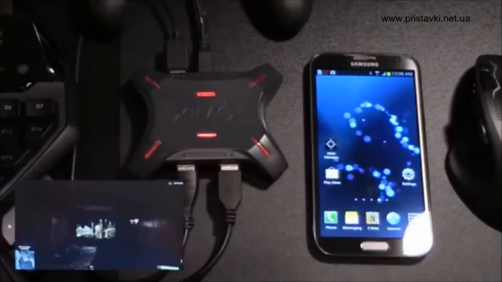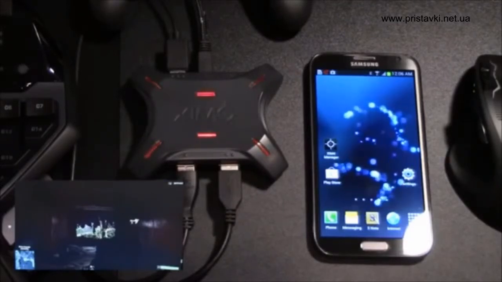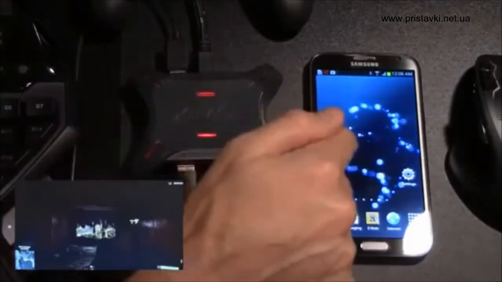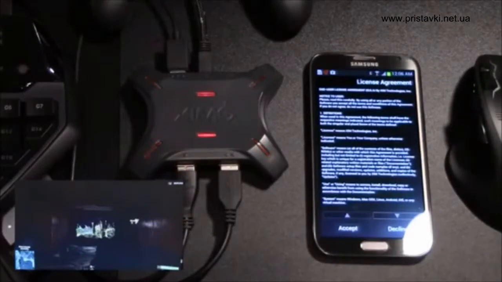I just installed XIM4 Manager on my Android phone. I also have my XIM4 connected to my PS4 with my mouse and keyboard attached, and my XIM4 is paired with my phone. Let's run the app. You'll see the license agreement. This only happens on the first run of the app. After this,